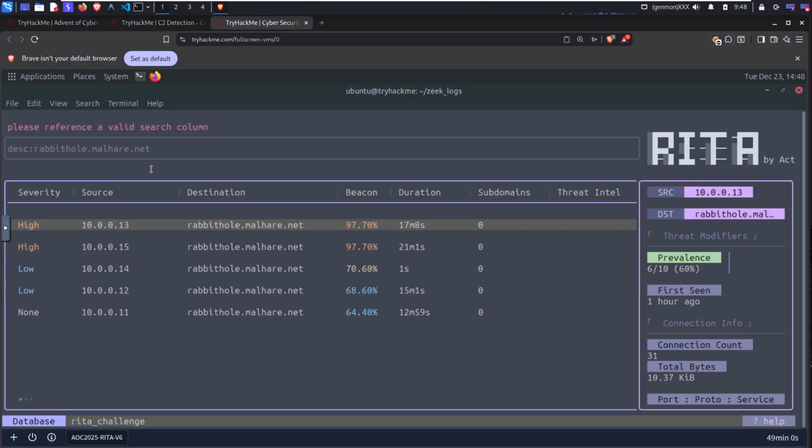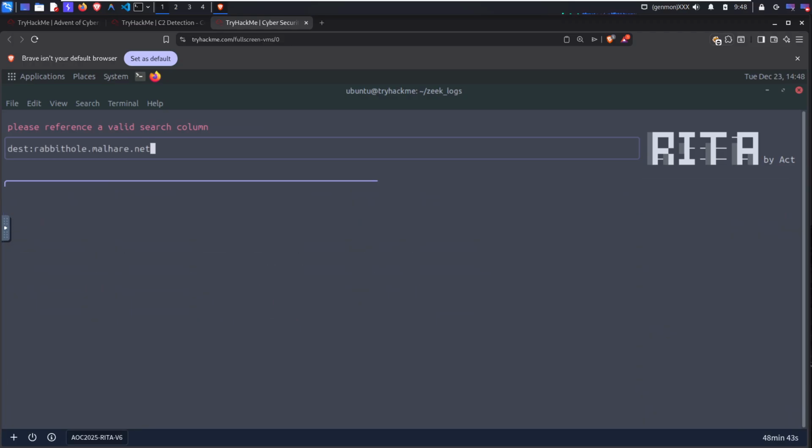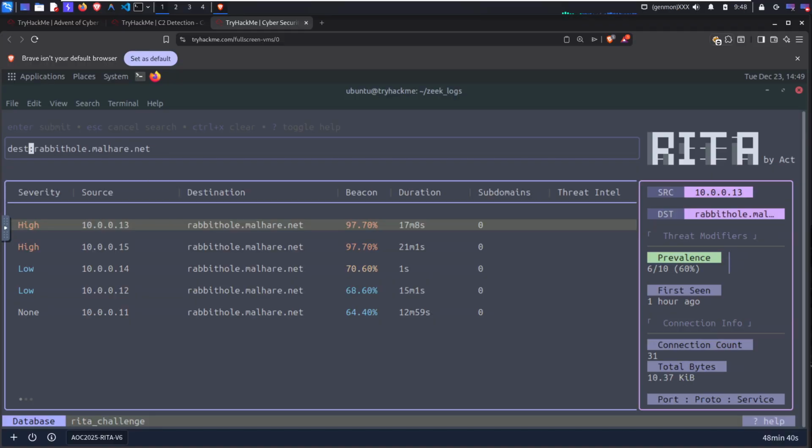I typed DESC, which is not a column over here, and it should be TEXT. Awesome. So now we have a list of all the connections that have been made to this rabbit